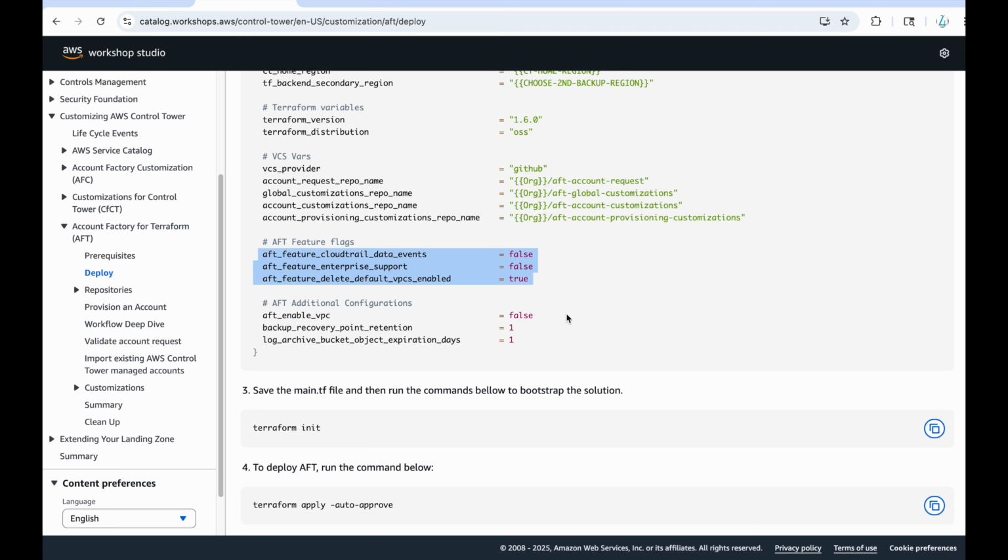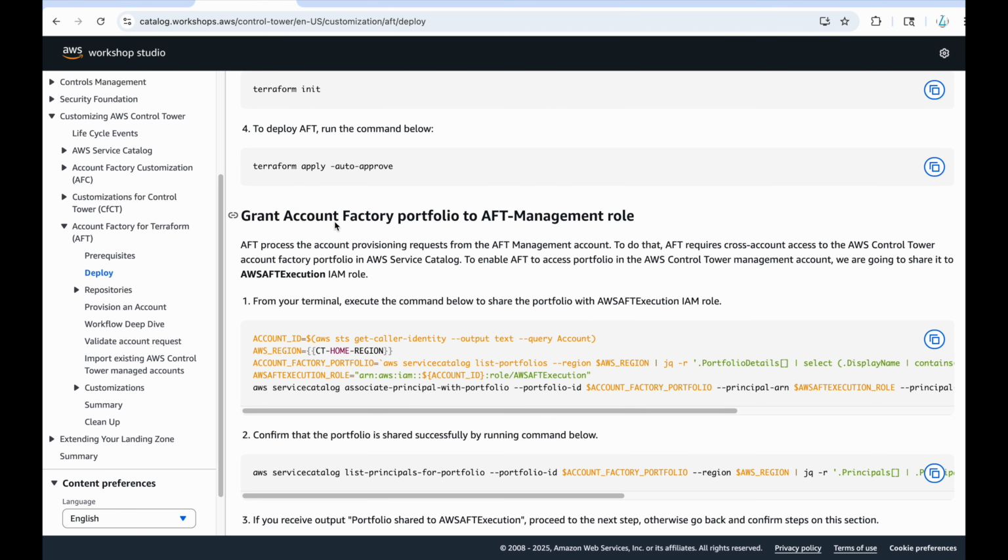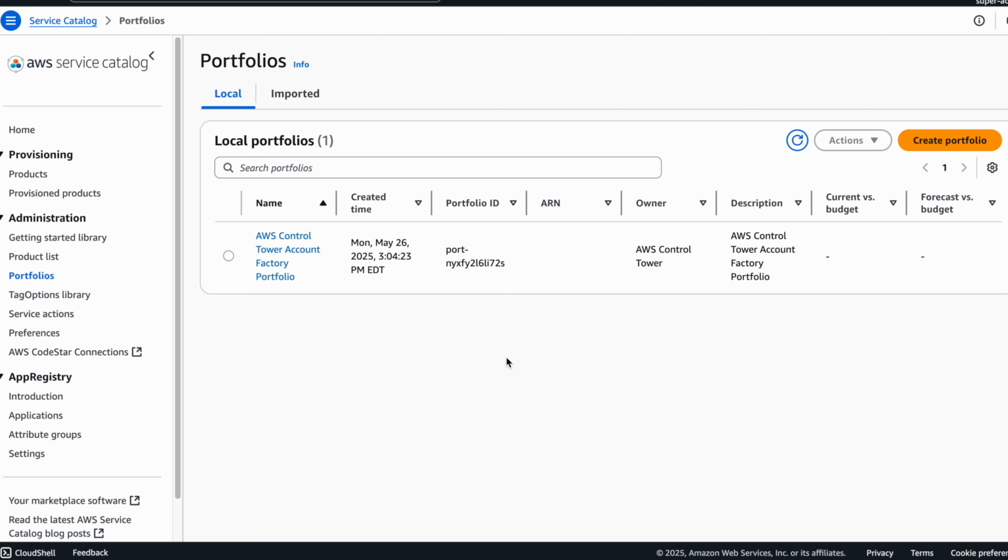Then it says once you do this part, then you have to grant the account factory portfolio to the AFT management role. So what does that mean? After you run that AFT module, you will go to your Service Catalog and you will see that it has created this portfolio. Using this portfolio, that AFT management account will provision new accounts, right?